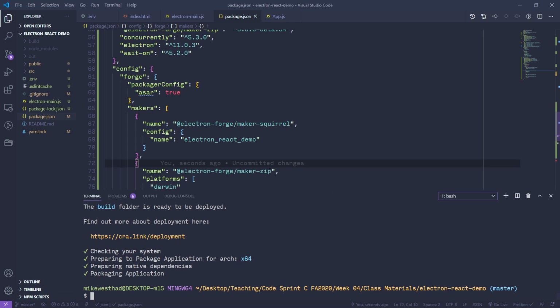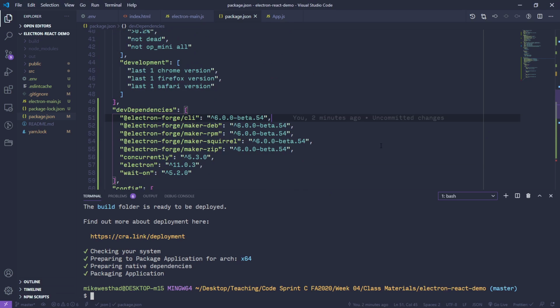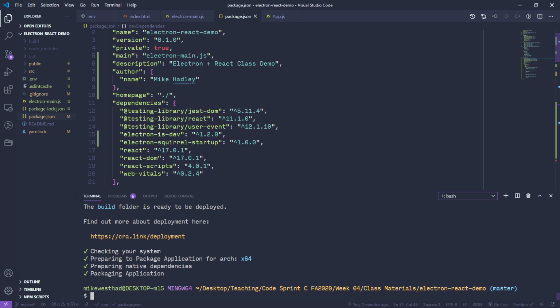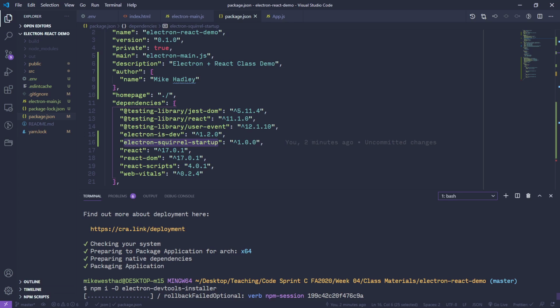I want to install 2 more packages and set them up in our main to finish this off. So, you know what? One of them is already installed. This is probably already installed in your setup by Forge, so we don't need to install that. Electron Squirrel Startup. That's on Windows machines. We'll want to include that when we're building for Windows. The other one I want to install is the Electron DevTools installer, which is a package that allows us to install our